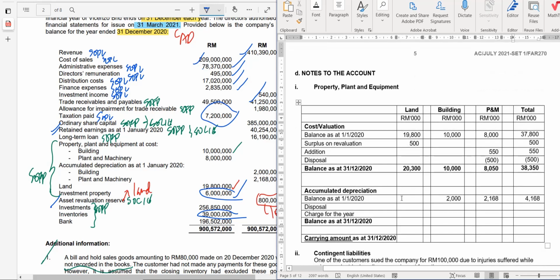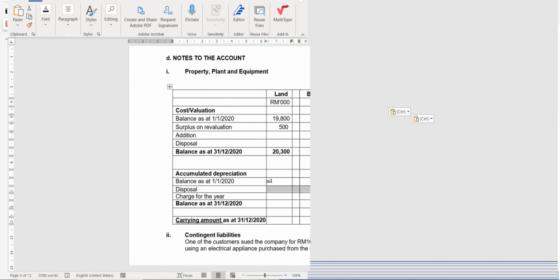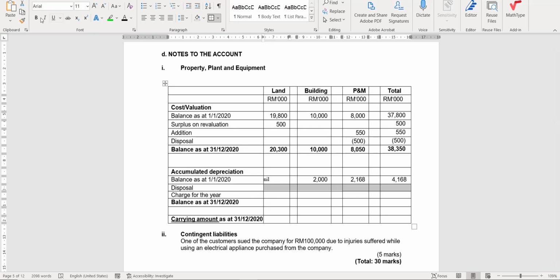Next is the next item to find out the accumulated depreciation. Here there are no impairment whatsoever, so you just keep that. So there was no balance for this because it was not a depreciable asset. So you just put the balance for the depreciable asset. Take the one from the trial balance. Okay, so let me just improve the size here for you. Take the one from the trial balance,